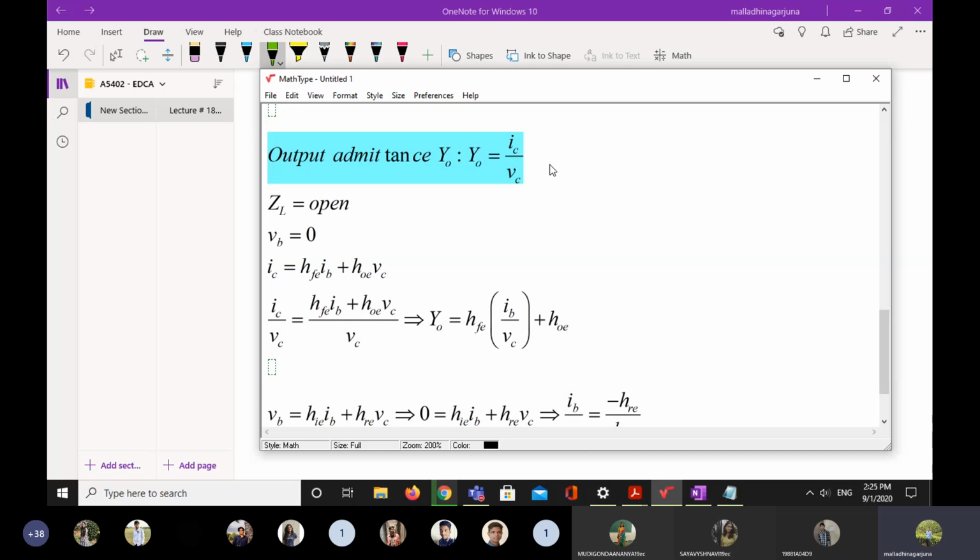This point will be very useful for you in the fourth module, the multi-stage amplifier. There we connect the output impedance of the first stage to the input impedance of the second stage directly, meaning Zo1 is equal to Zi2. Zo1 is the output impedance of the first stage, and Zi2 is the input impedance of the second stage. There you can understand why we need to open the load resistance here. Clear? Okay, sir. Sir, we have to put it ideal? Yeah, ideal.